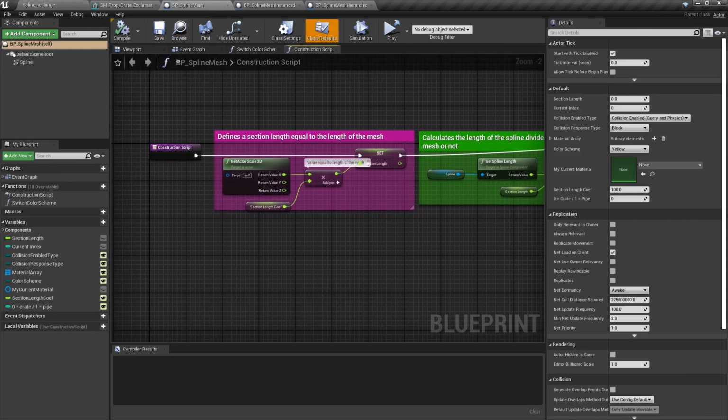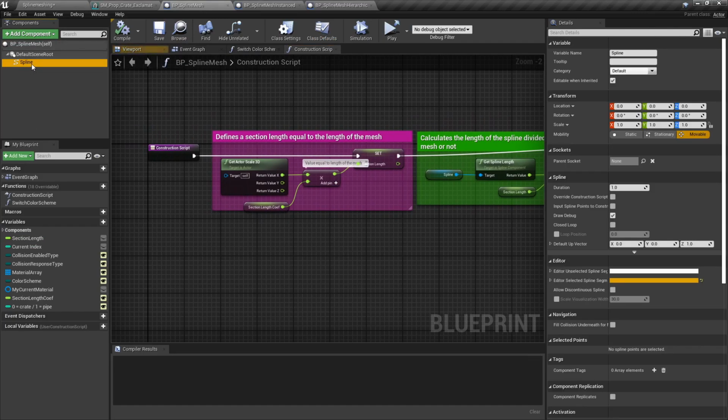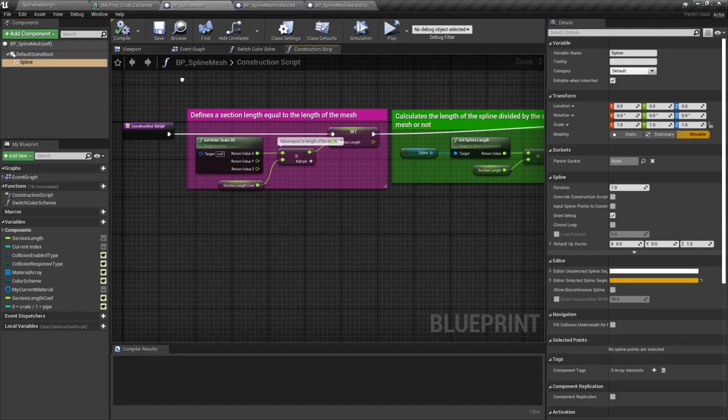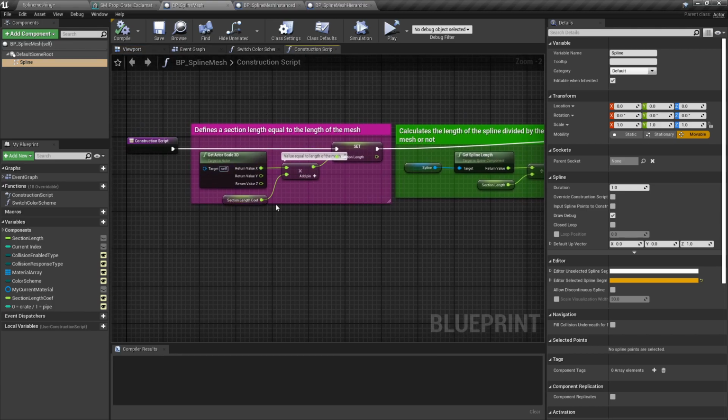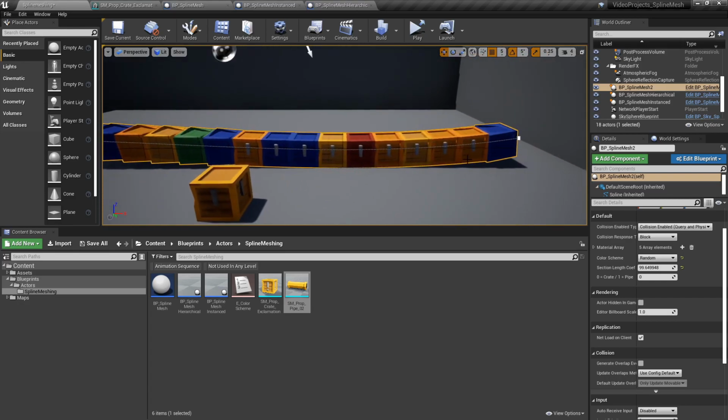So everything is done in the construction script. All you need to do is add a spline itself. And well, let's go through it. The first part here is set the section length. So the section length will define in a length of the spline how much of it is a section for your mesh. The reason we create this is to only create meshes if the spline is extended past that threshold of the section length. So here, if I go back to my tube,